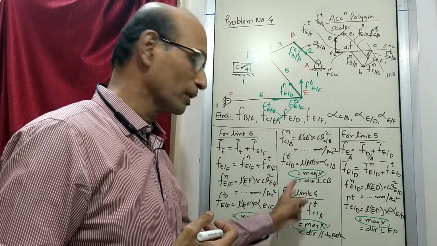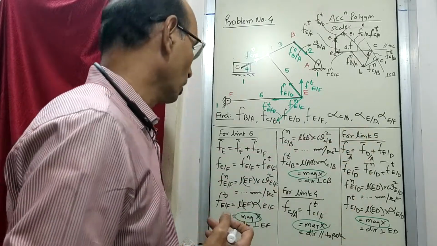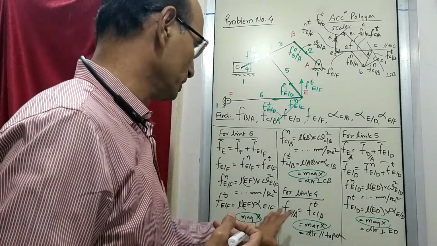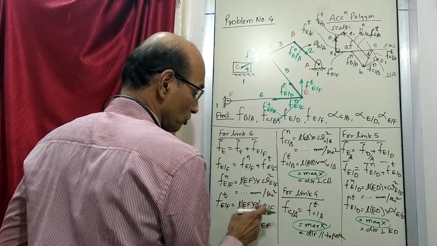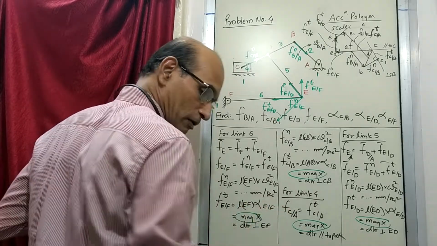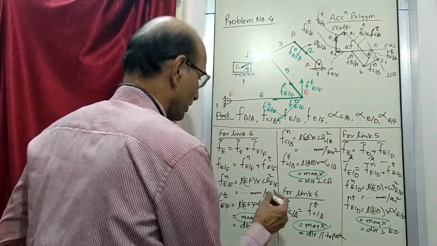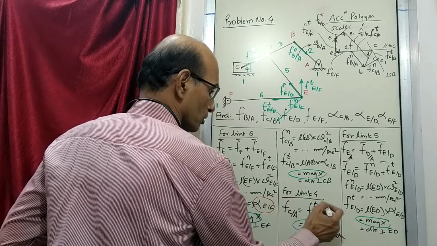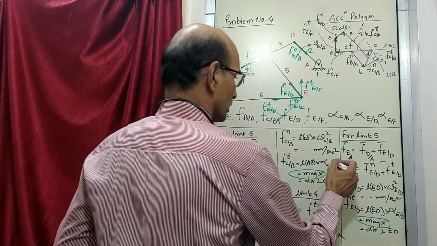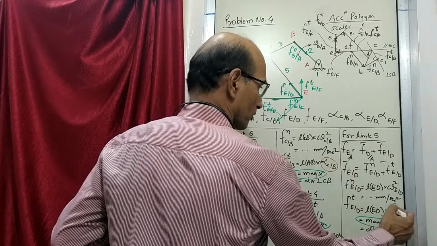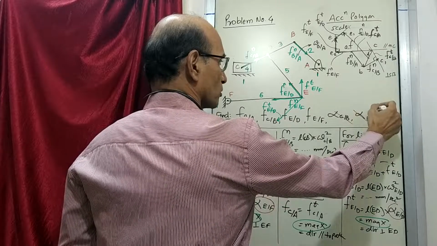Once you fit the values, you can go back and find out the alphas. Okay, so alpha values you can find out. I have not shown it here, but the moment you put this value here and length is known, you can find out alpha. So afterwards, you will be able to find out this also. Then in this case, there is no alpha, but this alpha you can find out and this alpha you can find. So 1, 2, 3, these are the 3 alpha values. So this can also be found out.